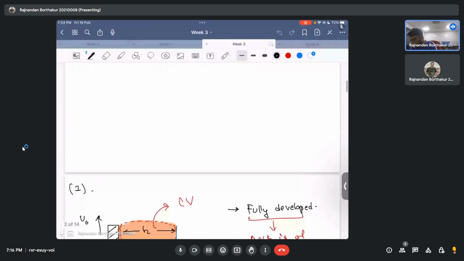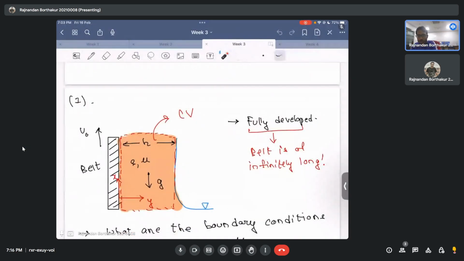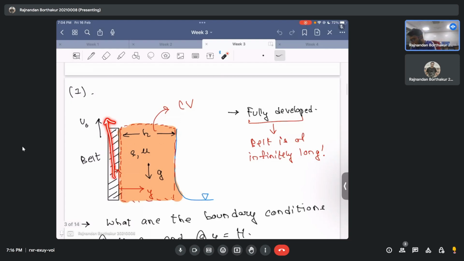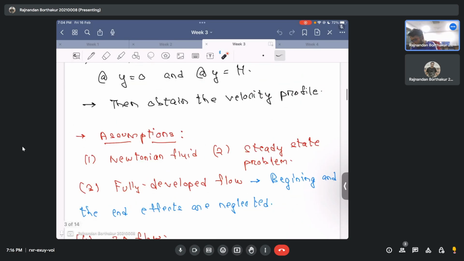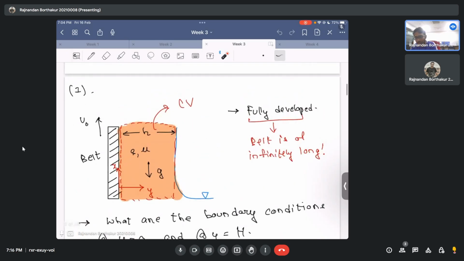We began by solving the fluid flow problem of a belt which was moving in the plus x direction with some velocity u naught, and as the belt moves it drags the fluid along with it. Because of this there is a balance between the gravitational force which acts on the fluid in the negative x direction and the viscous force which acts in the positive x direction. Because of this balance, we found out what the velocity profile will be,